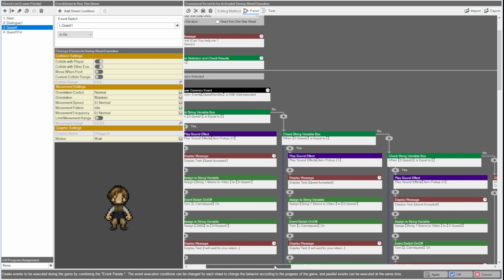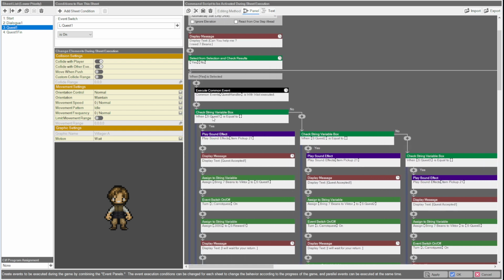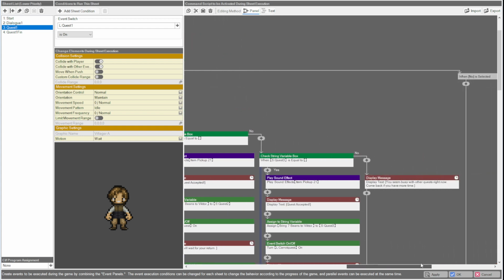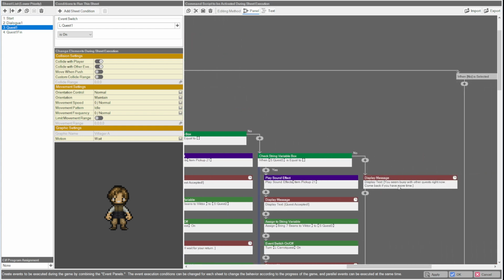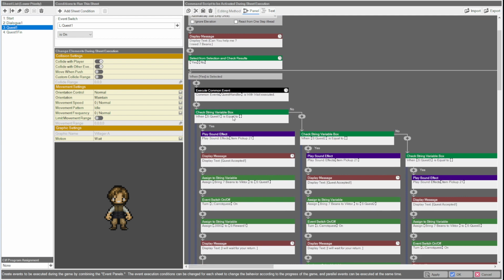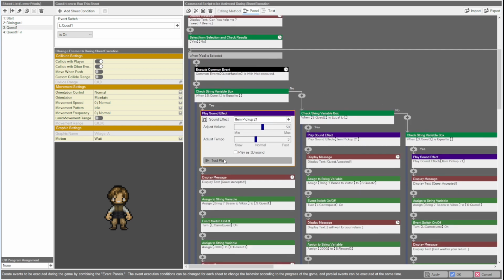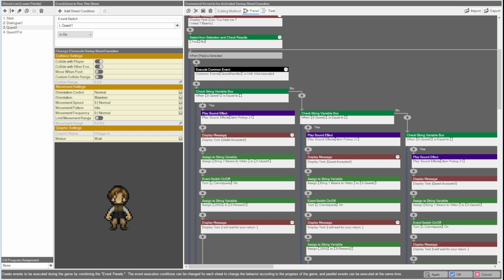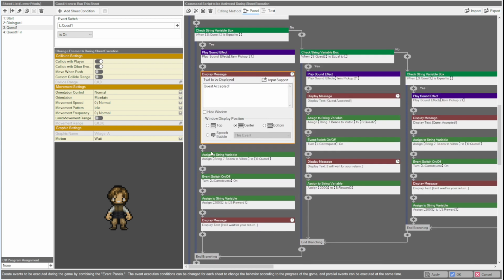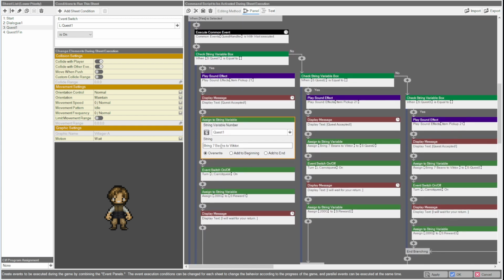And if you already have something stored in all these string variables, it gives you a text message: you seem busy with other quests right now, come back if you have more time. So let's pretend you don't have any quests. So quest 1 is empty. Then it plays a little sound effect, displays a text, quest accepted, and then, this is important, it assigns something to this string variable, like